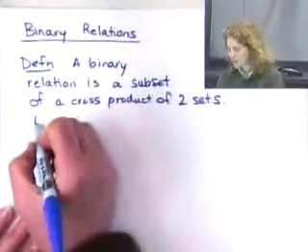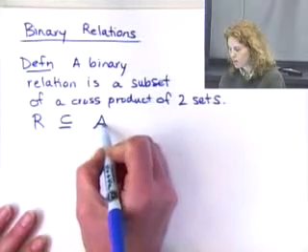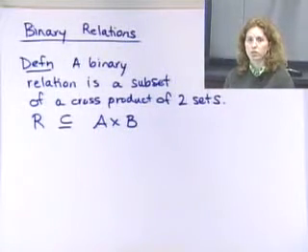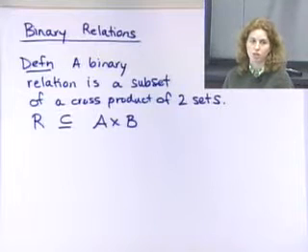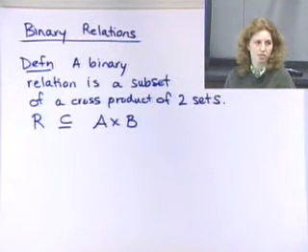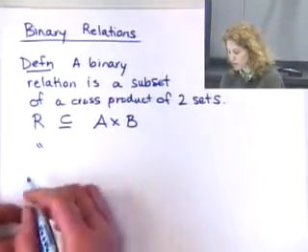So I could say that R is a binary relation. It's a subset of A cross B. So the things in R should be points from A cross B. It's not necessarily all of them, although it could be. It also could be the empty set. A relation can be empty. So some things that are like relations could be